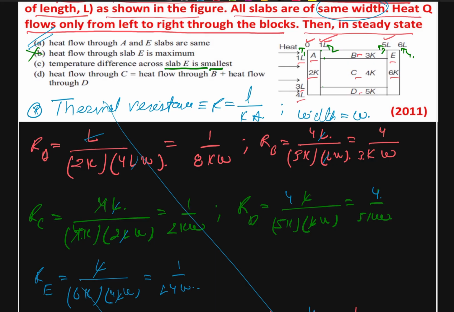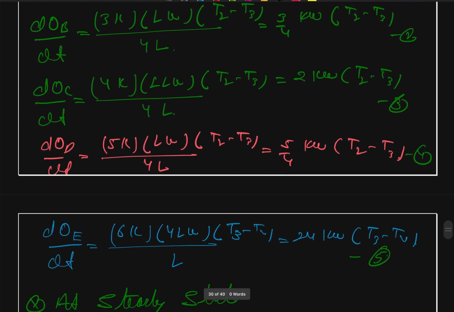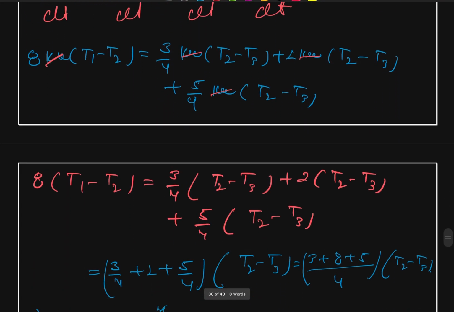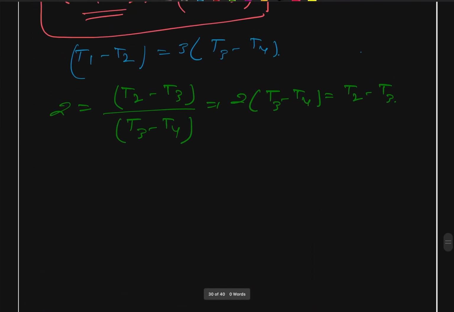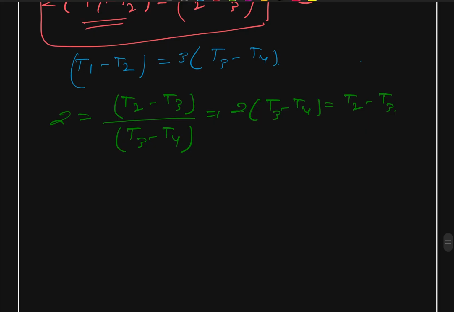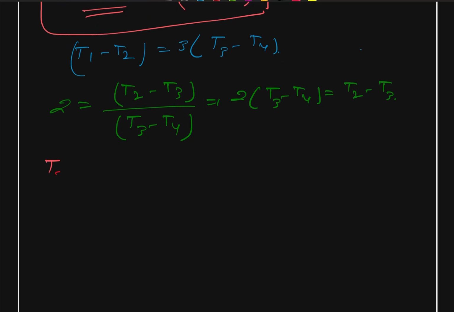Okay, so smallest difference is our T3 minus T4. So temperature difference T3 minus T4 is equal to 1 by 2